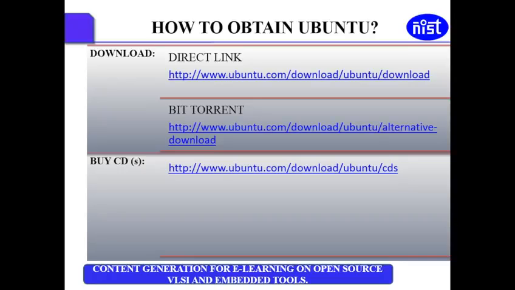We can also download it from a BitTorrent file by going to the link www.ubuntu.com/download/ubuntu/alternative-download. We can also buy a disk by going to the link www.ubuntu.com/download/ubuntu/cds.